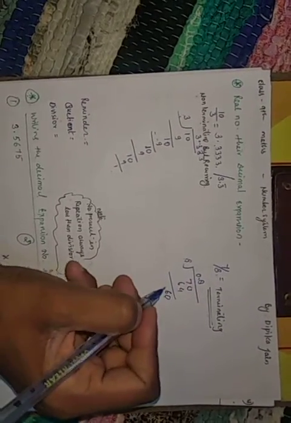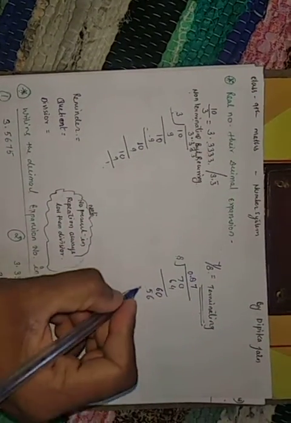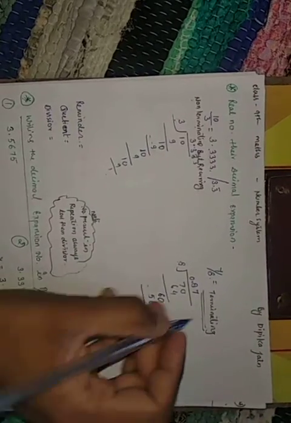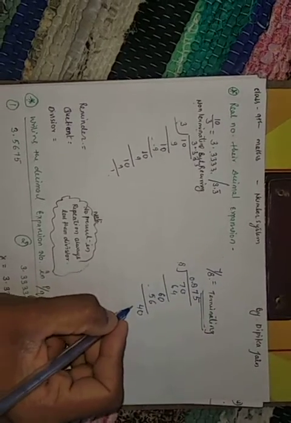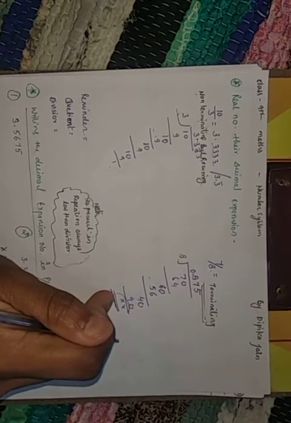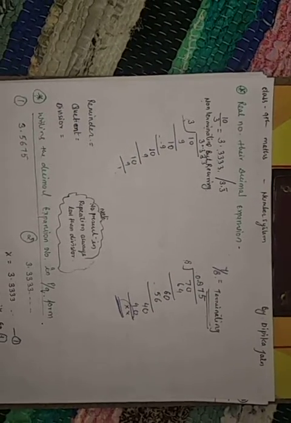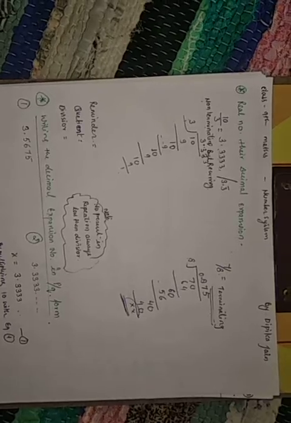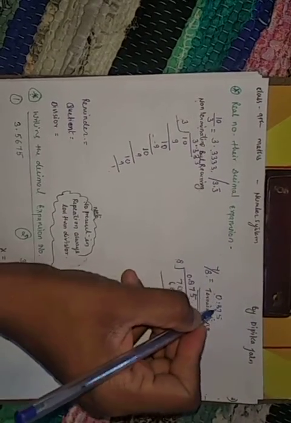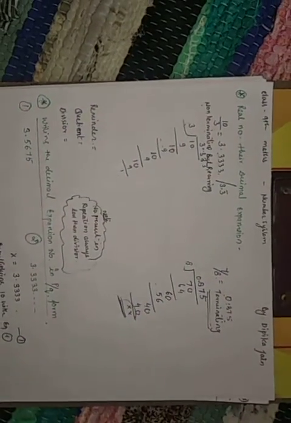In the 8's table, 7 times 8 is 56. Now I am getting 4. Again the point is already there, I will add the 0. 8 5s are 40. So what am I getting? My remainder here is 0. Whenever we convert a number to decimal and after division we get remainder 0, that number is called terminating. Why terminating? Because it will not go further. It will stop. So the answer of this question is 0.875 and it is terminating. Is it clear?